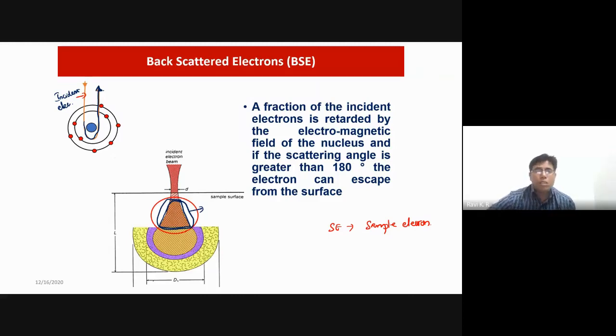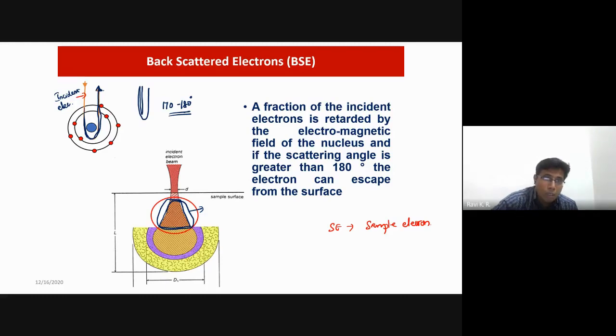So again, the path it travels is almost like, if it starts like this, it will come like this. Sometimes it can come like this also. So at best it's a 170 to 180 degree angle, so only about a 10 degree difference. You start at 180, then maybe a 10 degree tilt will be there. Only those electrons we can actually detect. Compared to the secondary electron, the number of backscatter electrons is poor, because if you have one incident electron, at maximum only this can come out.